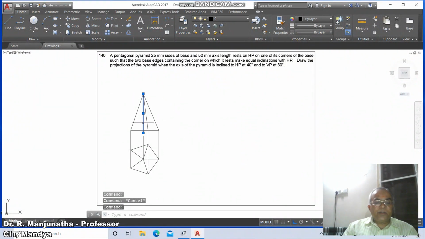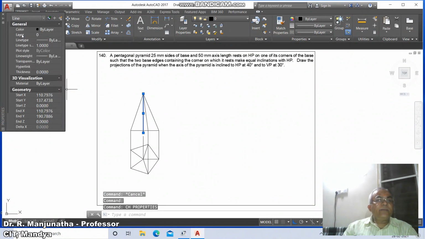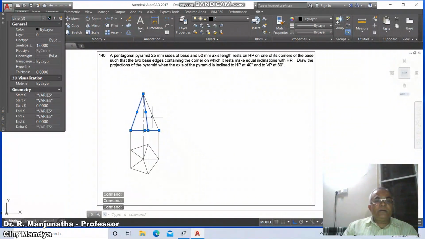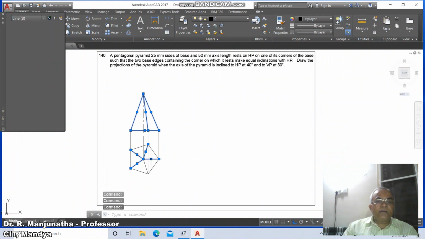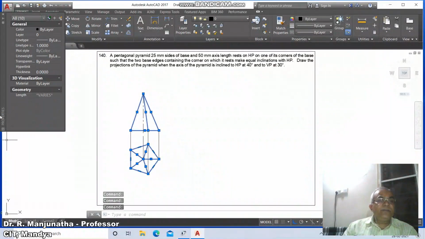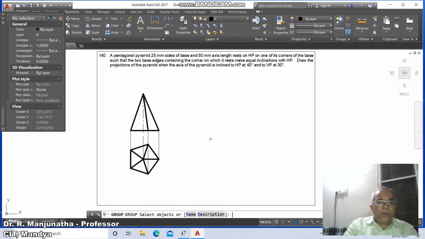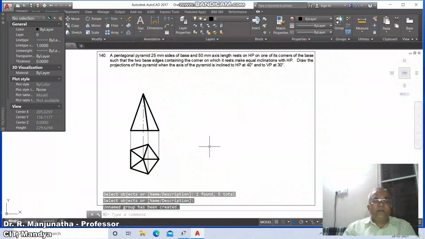Now we will go for CH and go to layer, take this as the axis layer and here take this as 10 line type scale factor. Then you select this line, then go to pentagon, select these slant edges and also this line and go to layer, make this as visible and then go to line weight display on. Here then go to group, select this and also this and make this as the single entity.